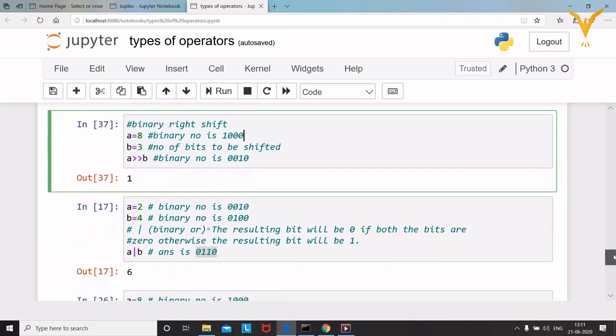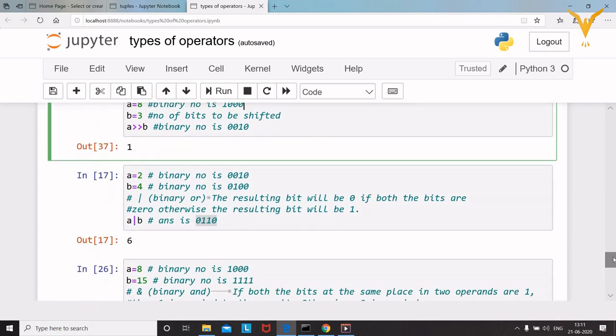Now next is the binary OR operator. In this, the resulting bit will be 0 if both the bits are 0, otherwise the resulting bit will be 1. In this example we have taken two values, 2 and 4. The binary number for 2 is 0010 and the binary number for 4 is 0100.